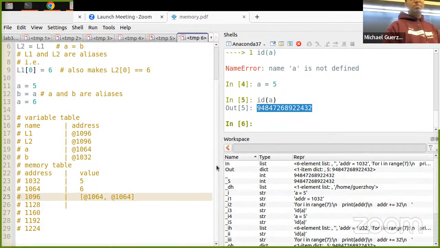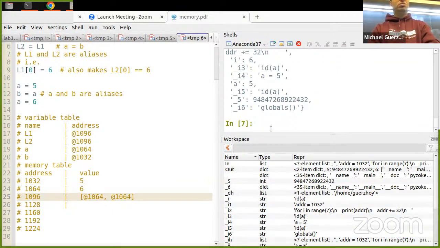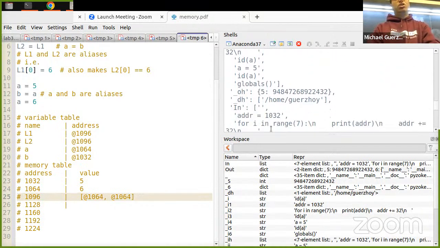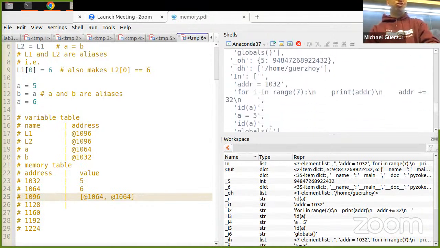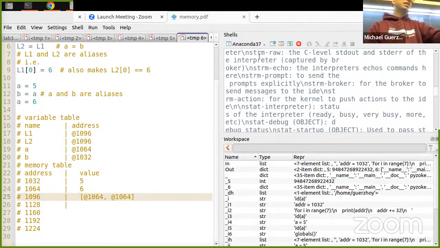In terms of the memory table, in terms of the variables table, yes. We haven't done it, but you can do globals, and that's going to give you all the global variables that are defined. And then you can call ID for each. In Anaconda, some of the variables are the previous commands. So that's why it's kind of dirty.